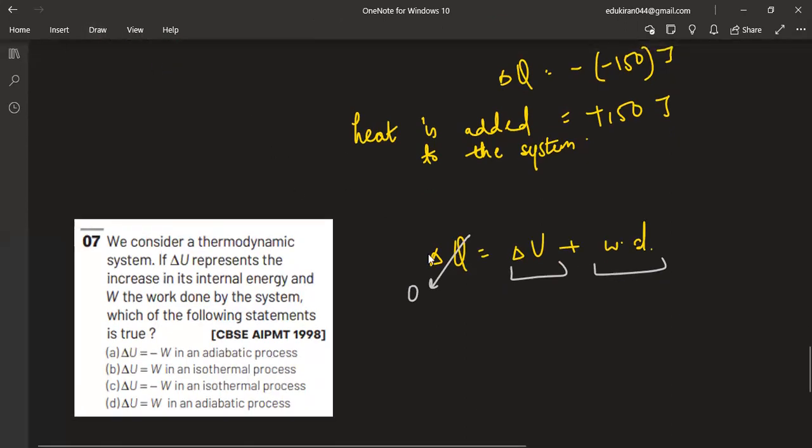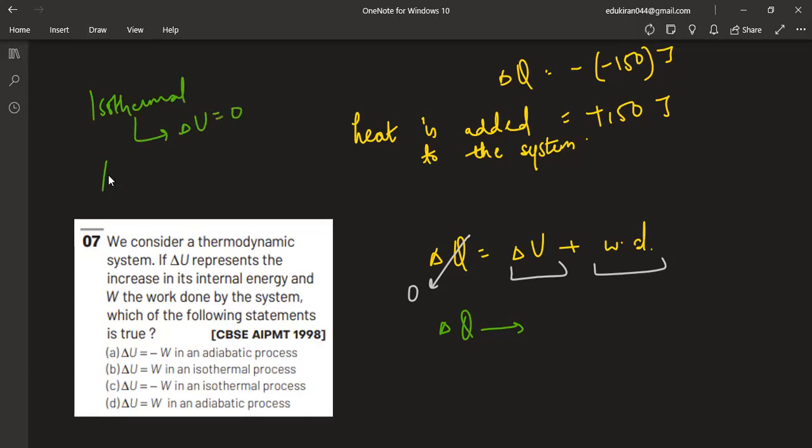Right. So first thing from here only you can conclude: if delta Q is zero, which process will it be? Isothermal or adiabatic? Yes, class. Adiabatic. Because in isothermal, as I discussed above, delta U is zero, and in adiabatic your delta Q is zero because there isn't any heat transfer. That was the definition of adiabatic. So if this is adiabatic,